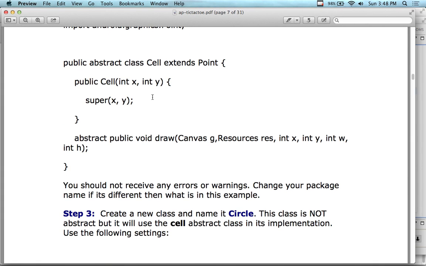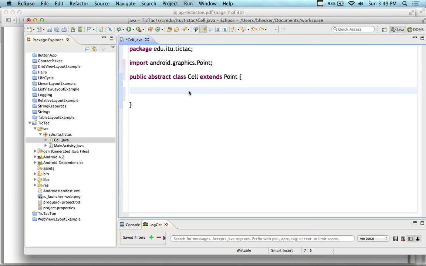So we're going to have a public Cell, which is going to be the constructor for this, of the same name as the class name. It's going to take an X and a Y, so we can create a cell that has an X and a Y definition for its particular coordinate system. And then an abstract, which makes this the abstract class, is the void draw. So if I paste this in here,